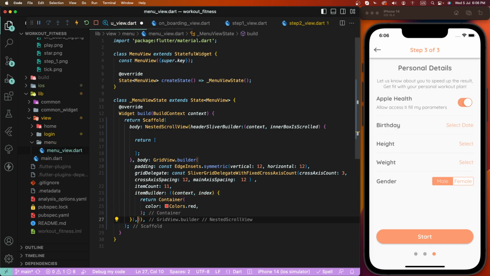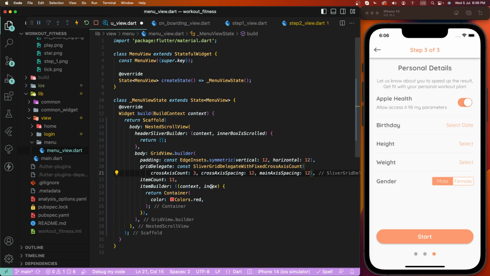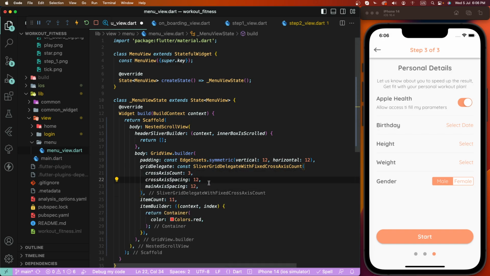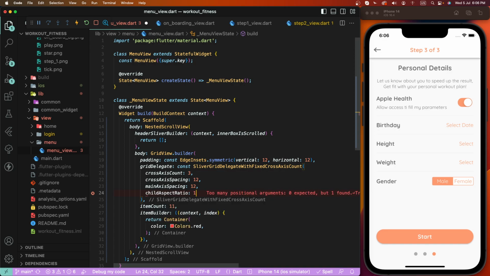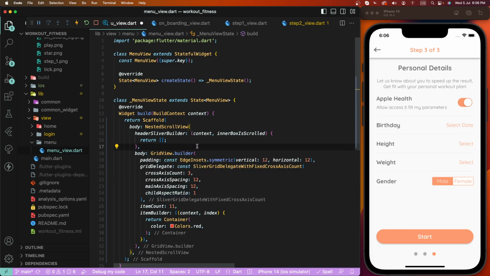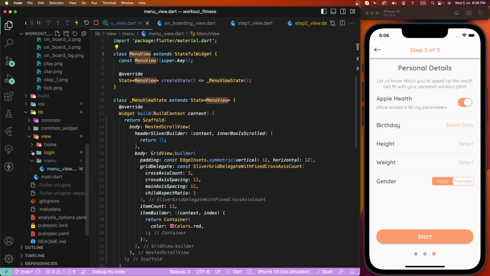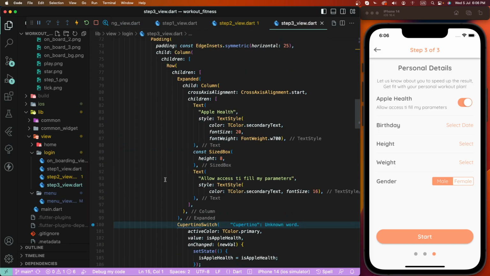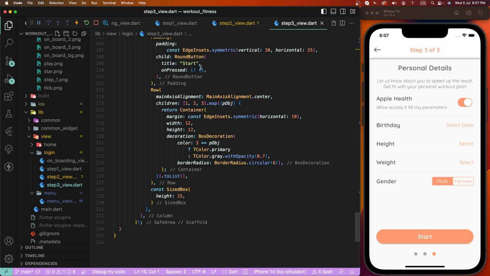And now we need one more property. First of all, to format this picture we have the child aspect ratio, set to 1. Now first of all we need to configure this menu. Inside step 3 we need to configure. Go inside step 3 and write down here